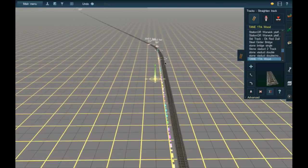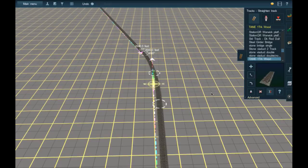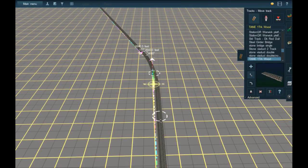Alrighty, so there's this little corner. Might smooth it out just a little bit, so...